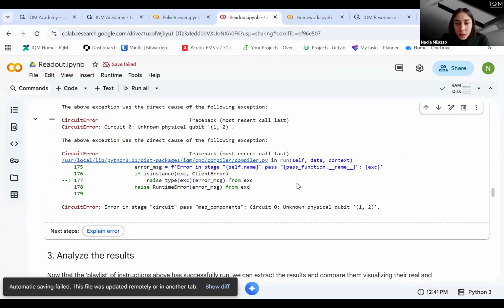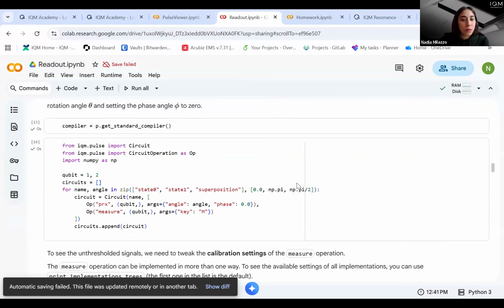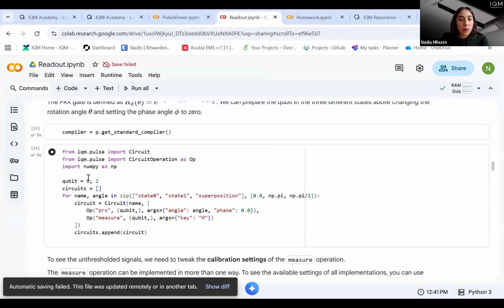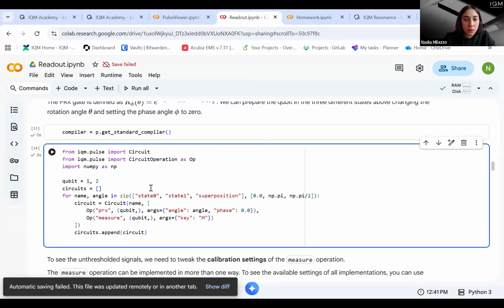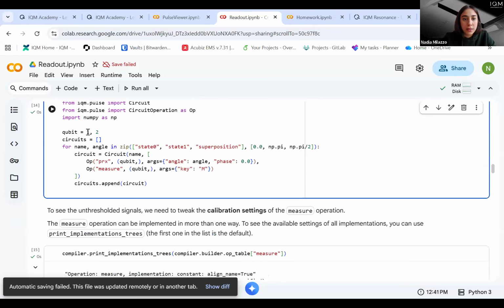I've never faced this error before. Let me try. Aha, I think this was the problem actually before. Yes, probably this. Sorry, let me check, because I think there should be some. Oh, yes. I just jumped one